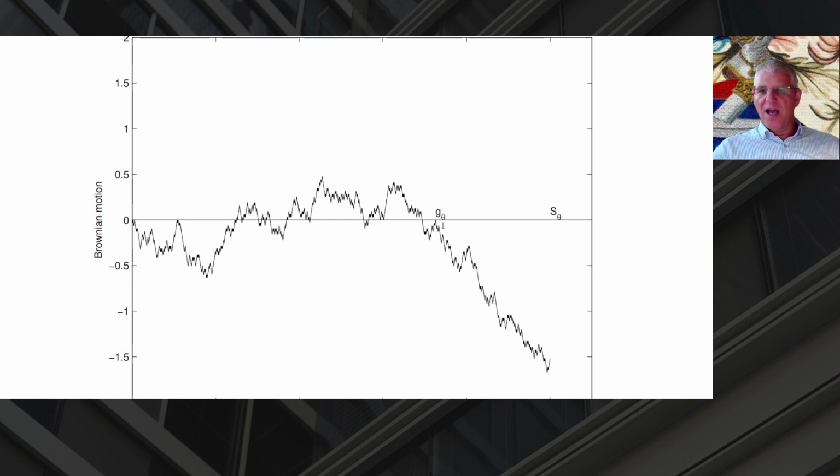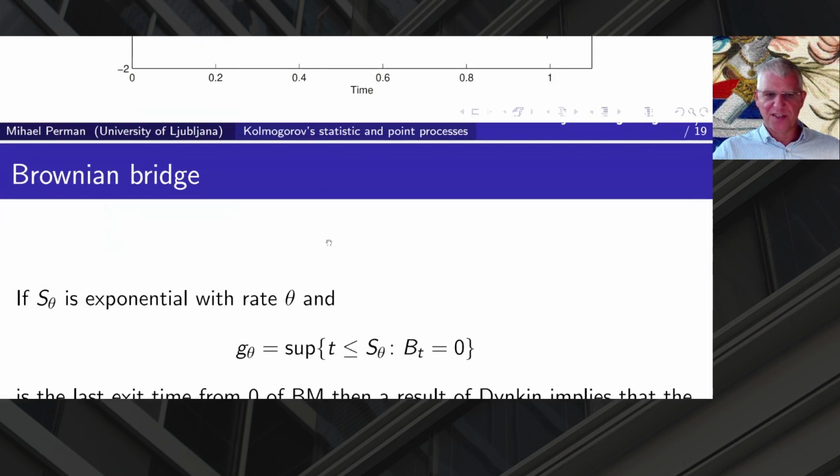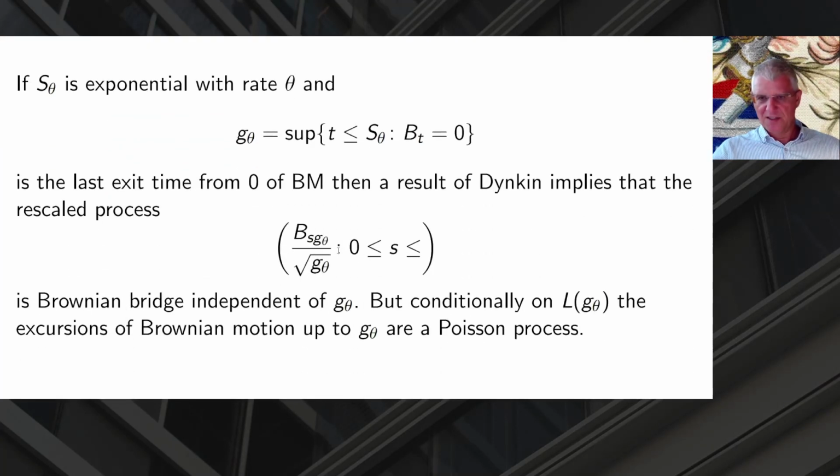And if we know the local time at g theta, then we know that this piece of path decomposes into excursions that are a Poisson process up to a certain time. And here is now a more formal statement of the idea. This is just a statement of what Dynkin says. And if you put these two facts together,